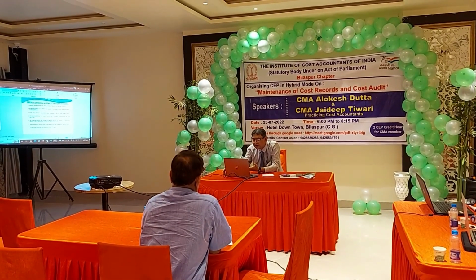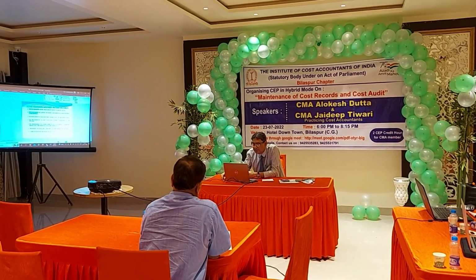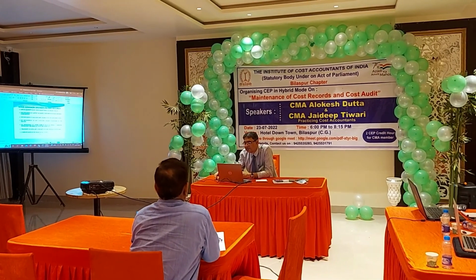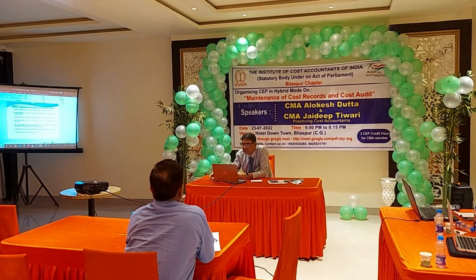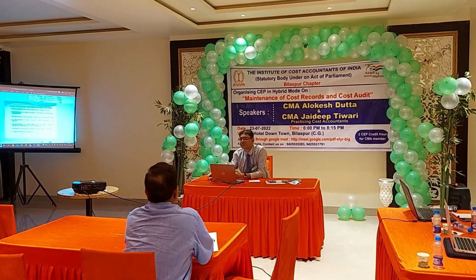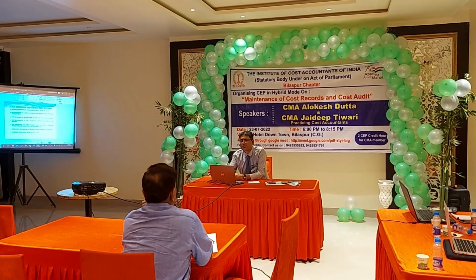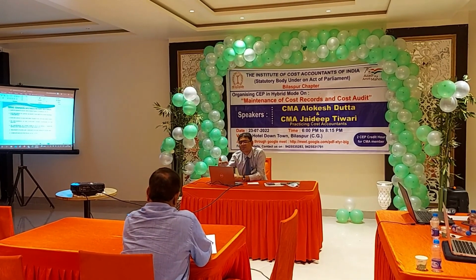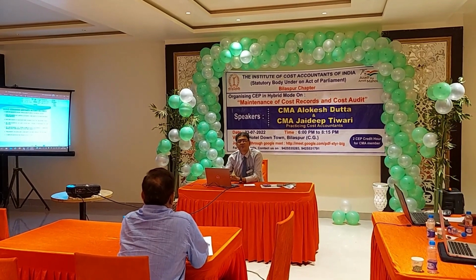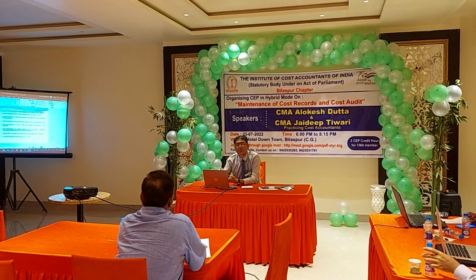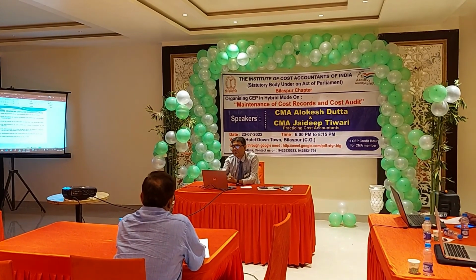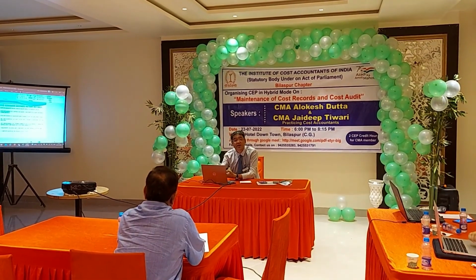Then again, as I said when I started my presentation, we have to have some knowledge of other subjects, physics and chemistry. You prepare cost records for steel. You should understand that the first input is sponge iron. What is sponge iron? What is its chemical formula? What are you doing to it? Like, a sponge iron plant is also called a DRI plant. What is DRI?